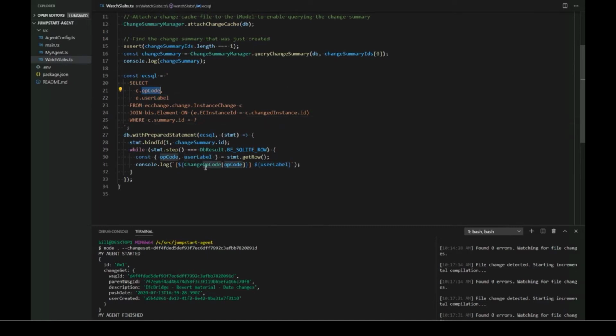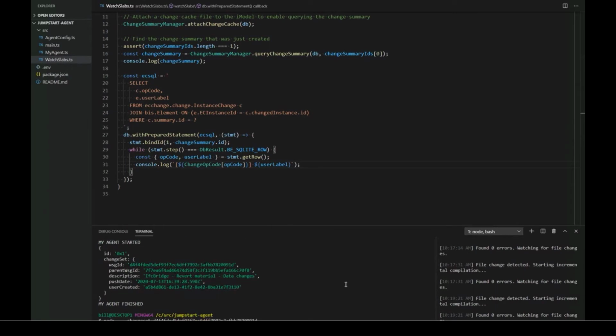I mentioned opcode is an enumeration. This is going to be a numeric value. One cool TypeScript trick you can do here is you can actually index into an enum name, and that will do a reverse lookup from value to enumerator name. And that's really handy for debugging or local development where you don't want to sit and write a whole switch statement. So if we save this and run it with that relevant change set,